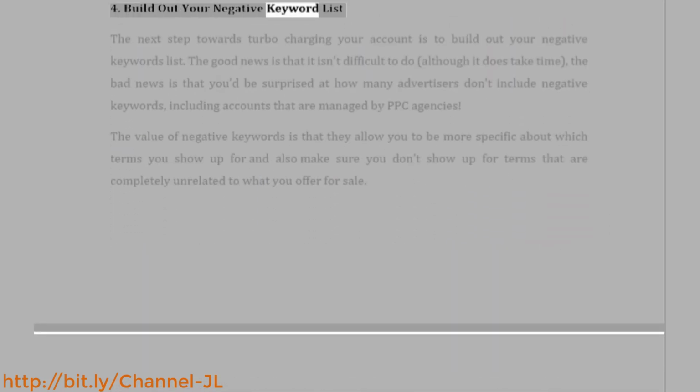4. Build out your negative keyword list. The next step towards turbocharging your account is to build out your negative keywords list. The good news is that it isn't difficult to do, although it does take time. The bad news is that you'd be surprised at how many advertisers don't include negative keywords, including accounts that are